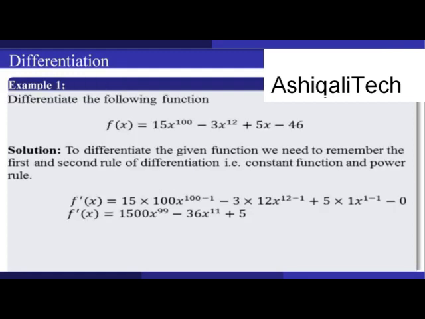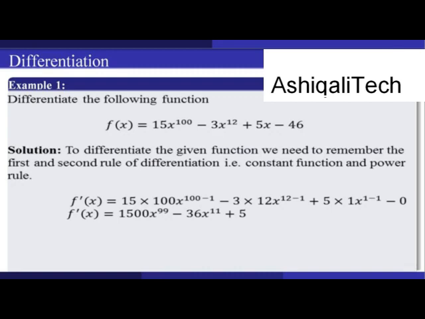Example: differentiate the following function. f of x is equal to 15x raised to the power 100 minus 3x raised to the power 12 plus 5x minus 46. To differentiate the given function, we need to remember the first and second rules of differentiation, that is, the constant function rule